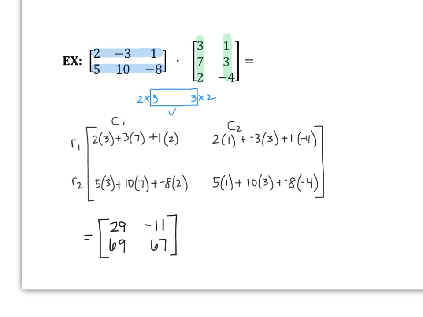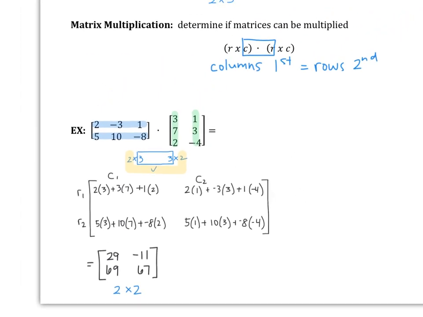Okay, so now let's talk about the dimensions of this product matrix. So we have 2 rows and 2 columns. And what I want us to look back at is, what did we start with and what did we notice? Well, what we should notice is these outsides become the product, okay? So the rows in the first, let's go ahead and mark that up above, okay? The rows, or the new dimensions, of the product